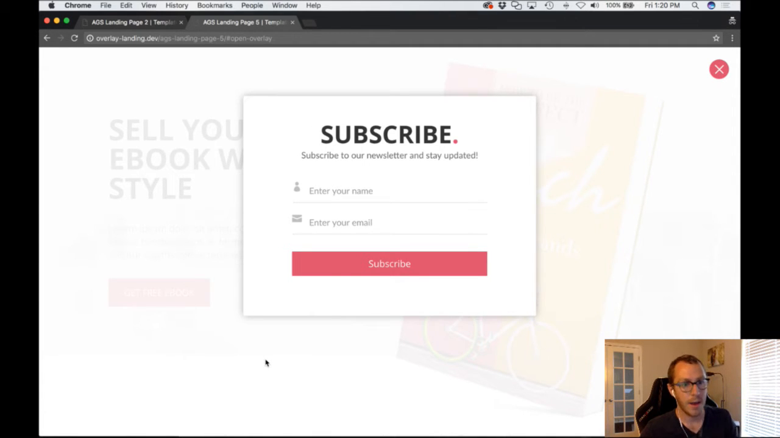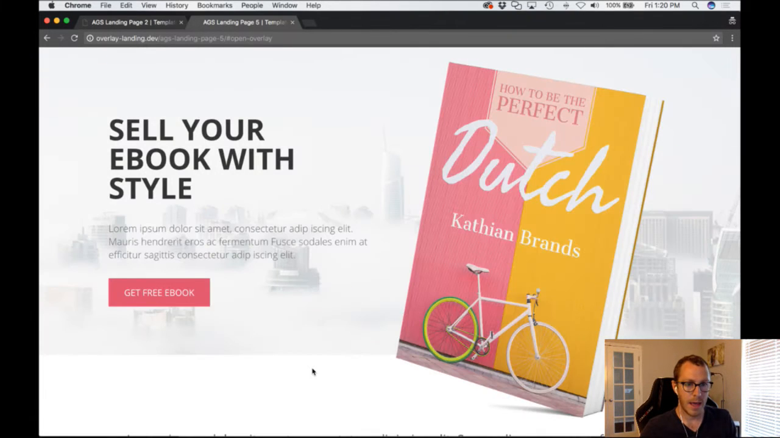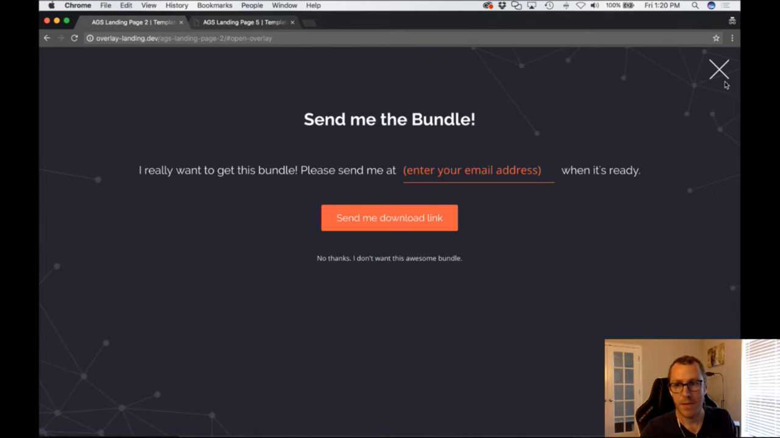And so now, along with the escape key, you can also click the background of the overlay, and that will close the overlay as well. And so the next way that you can close the overlay is by adding class equals